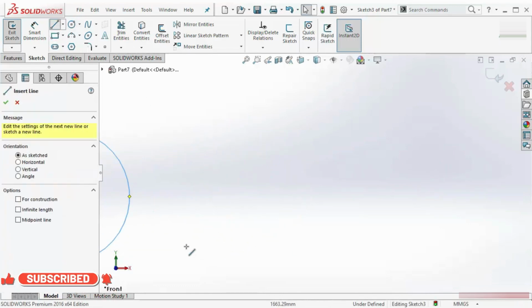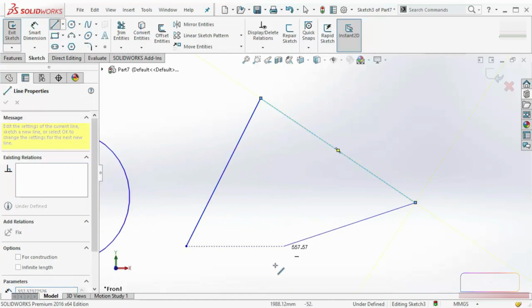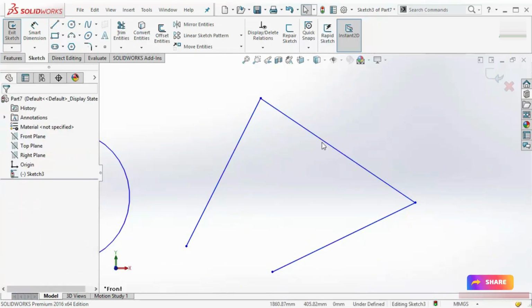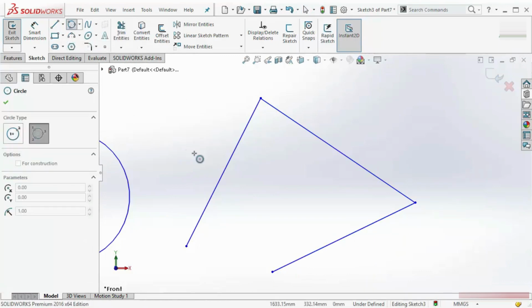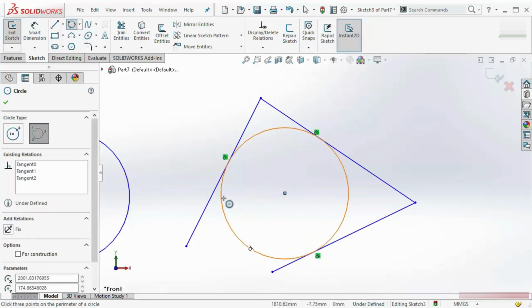Let's say I have 3 lines here. By using 3 lines, I can create my circle. So I will activate this perimeter circle. I have to select these 3 lines because based on these 3 lines, I want to create a circle. First line, second line, and as soon as I select my third line, this circle will be created based on these